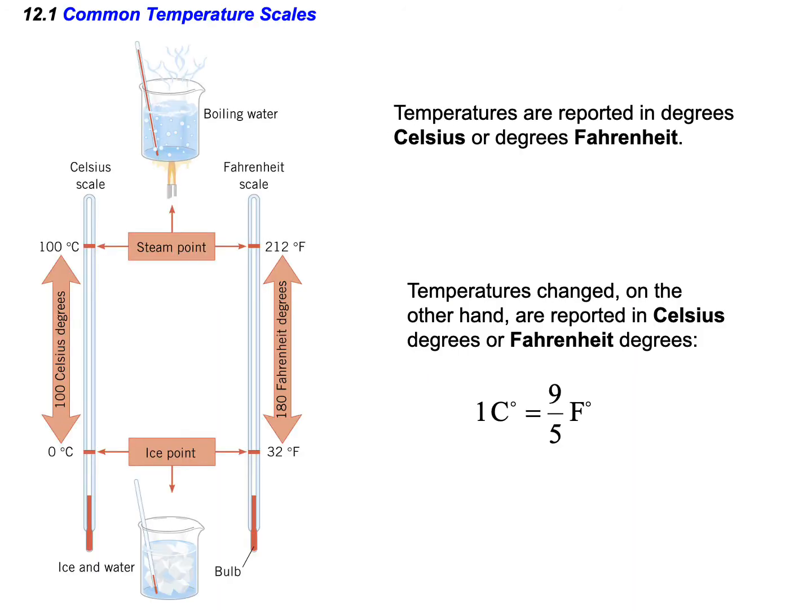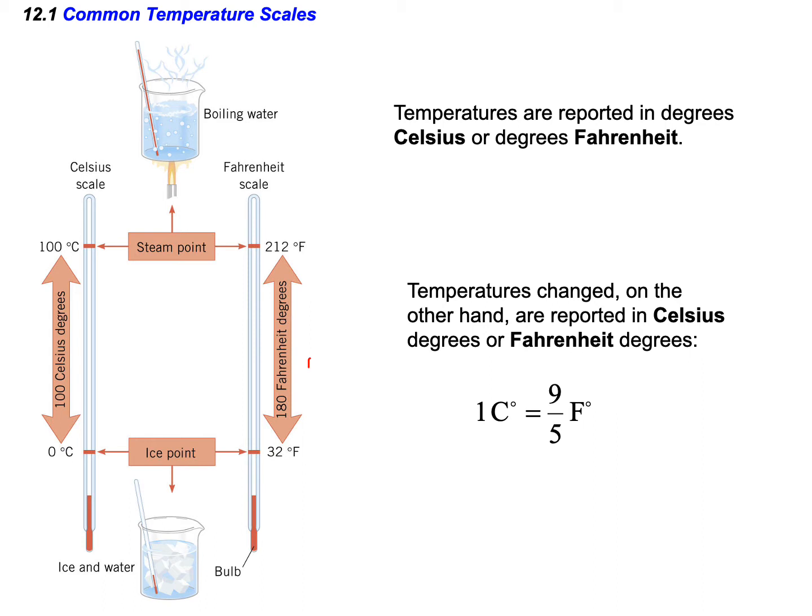Okay, we use three common temperature scales: Celsius, Fahrenheit, and Kelvin. We will talk about Kelvin in the next slide. So let's compare the Celsius scale and Fahrenheit scale. This photograph shows the ice point. In the Celsius scale, the ice point is 0 degrees Celsius, and in the Fahrenheit scale it's 32 degrees Fahrenheit. The steam point in the Celsius scale is 100 Celsius. So in the Celsius scale, between ice point and steam point, we have 100 units, and the steam point in the Fahrenheit scale is 212. So 212 minus 32